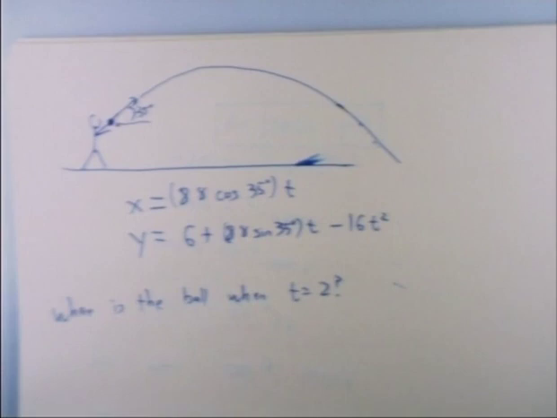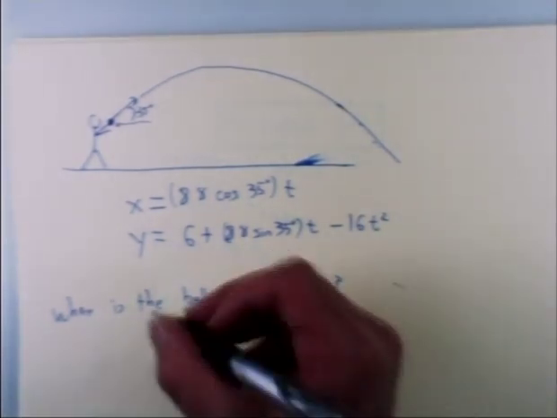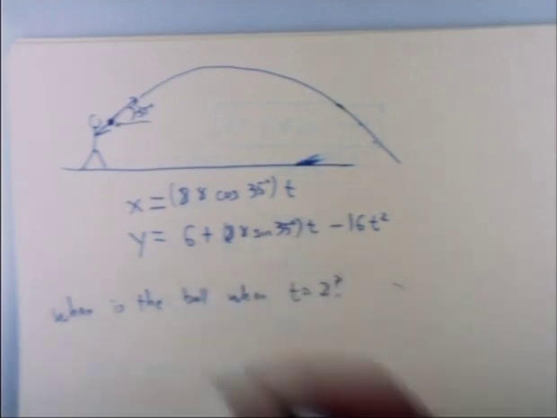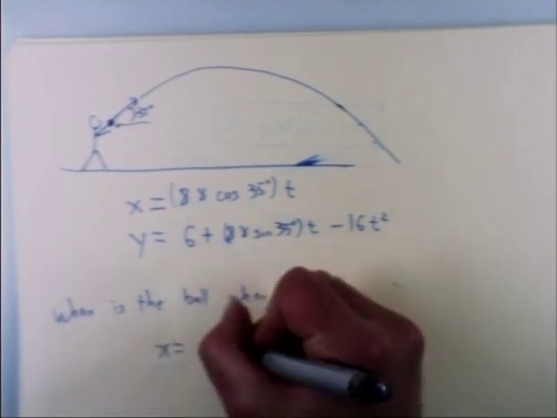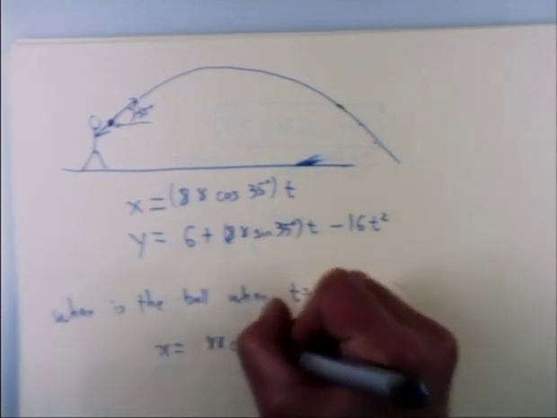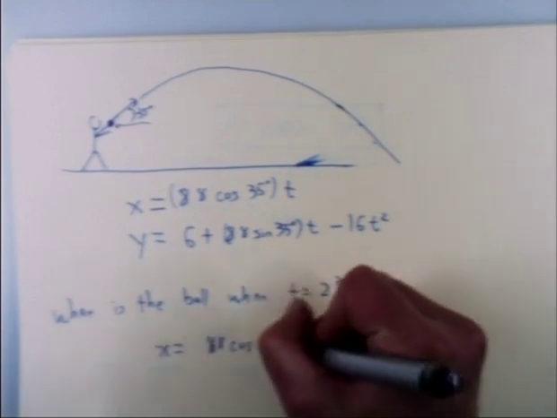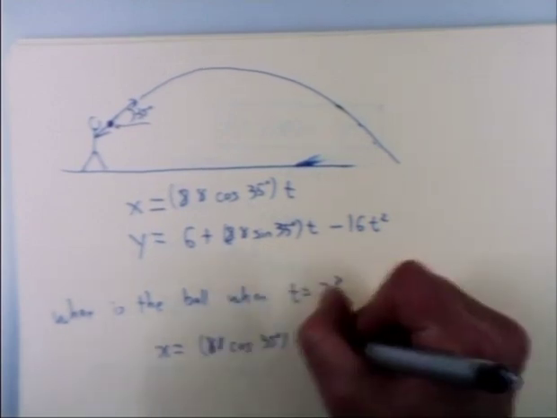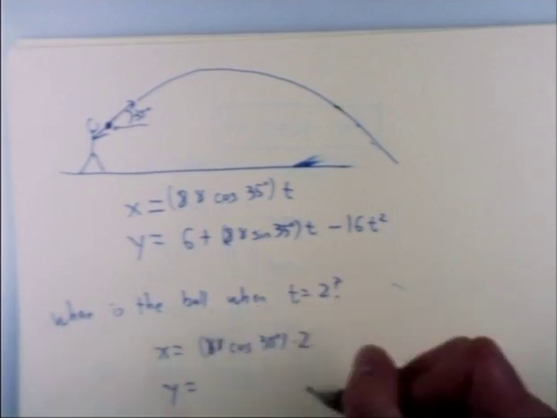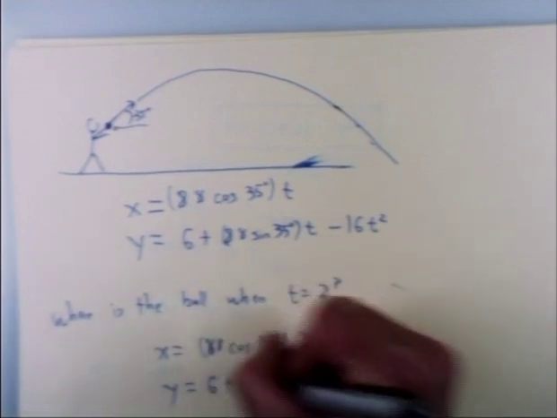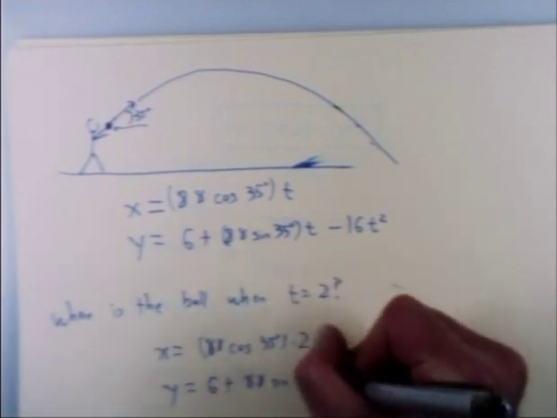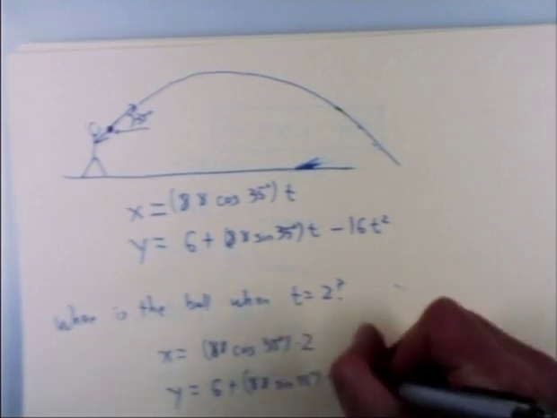One of the beauties of the parametric equations is it's really, really easy to find this. To find this, what do we do? Well, we simply plug in t equals 2. The x-coordinate is 88 times the cosine of 35 degrees times 2. And the y-coordinate is exactly what it should be, 6 plus 88 times the sine of 35 degrees times